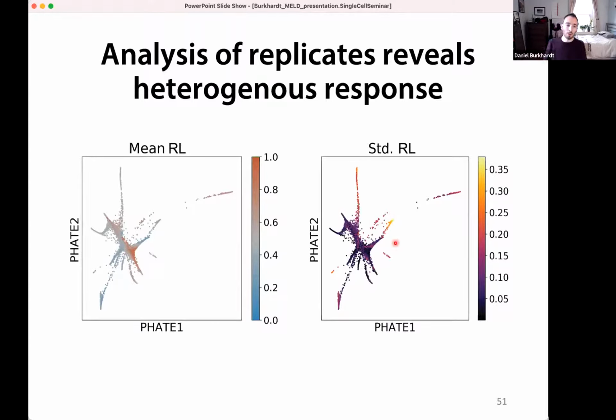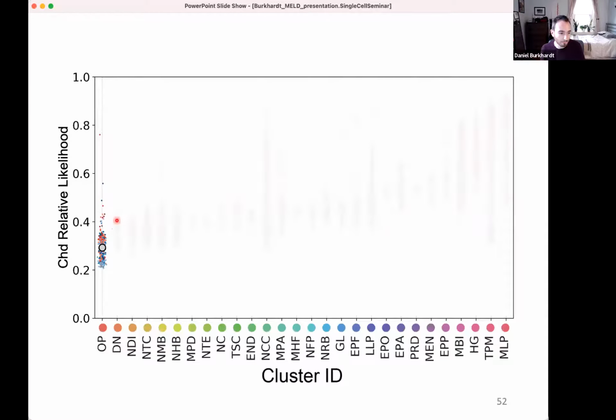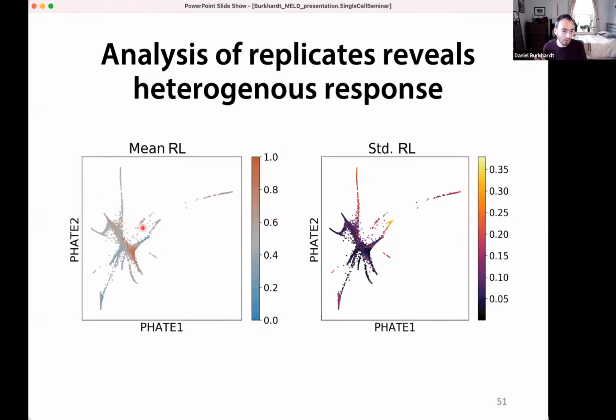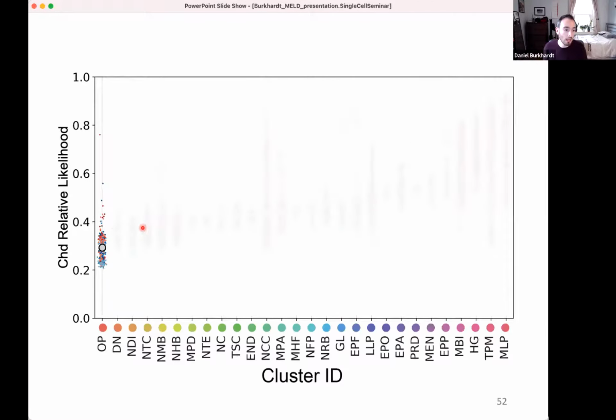But we thought about this for a while, and coming up with a robust alternative hypothesis and strategy for doing testing is not straightforward, and so we're leaving that for a future research effort. Great. Okay, so we see for this data set, we get some estimate for every cell of how likely it is to be observed after the chordin condition relative to the tyrosinase condition. To show you why this is meaningful to do for every cell,